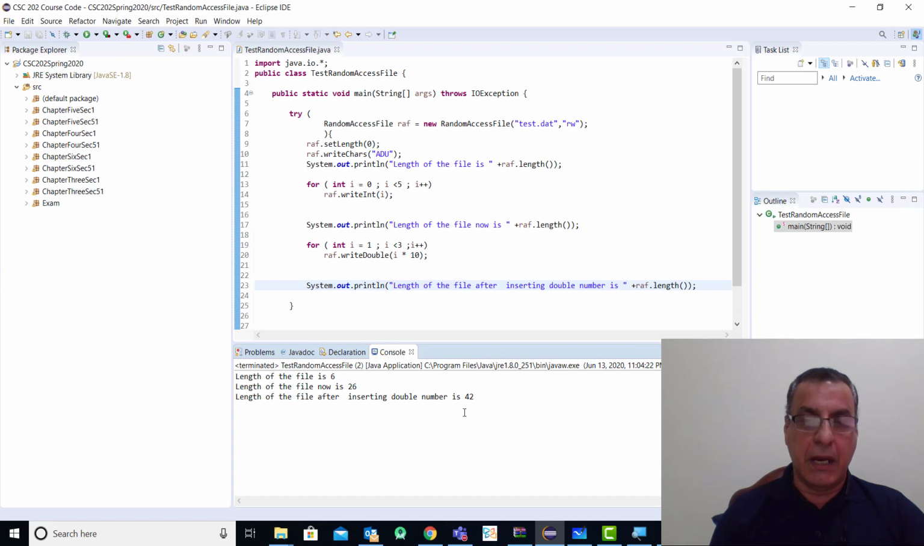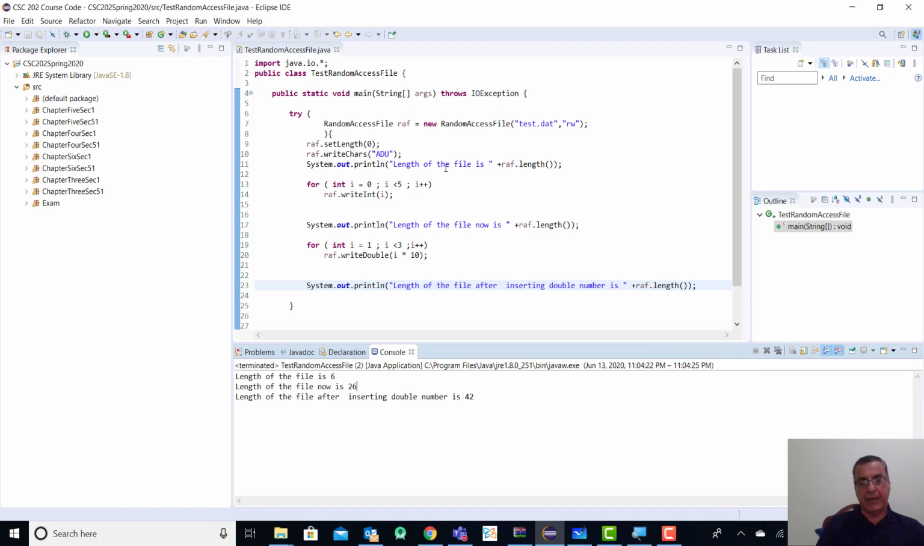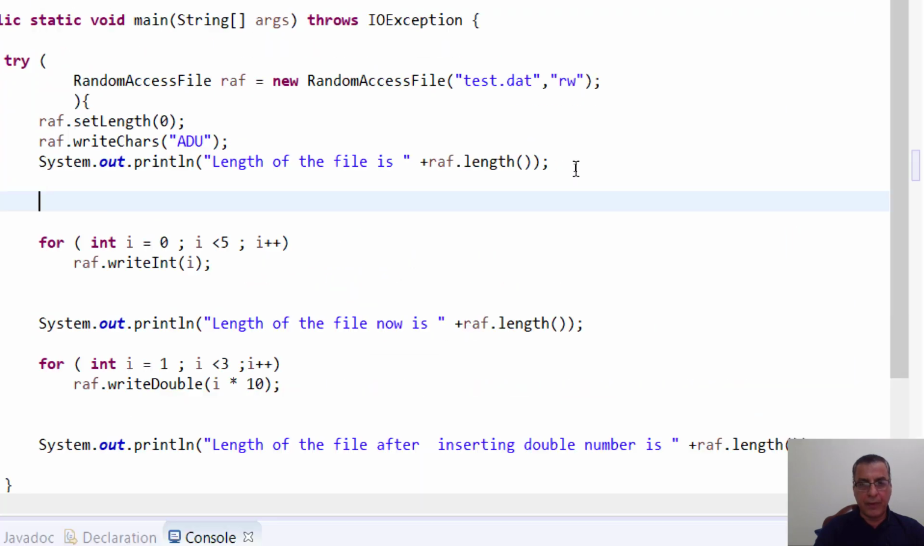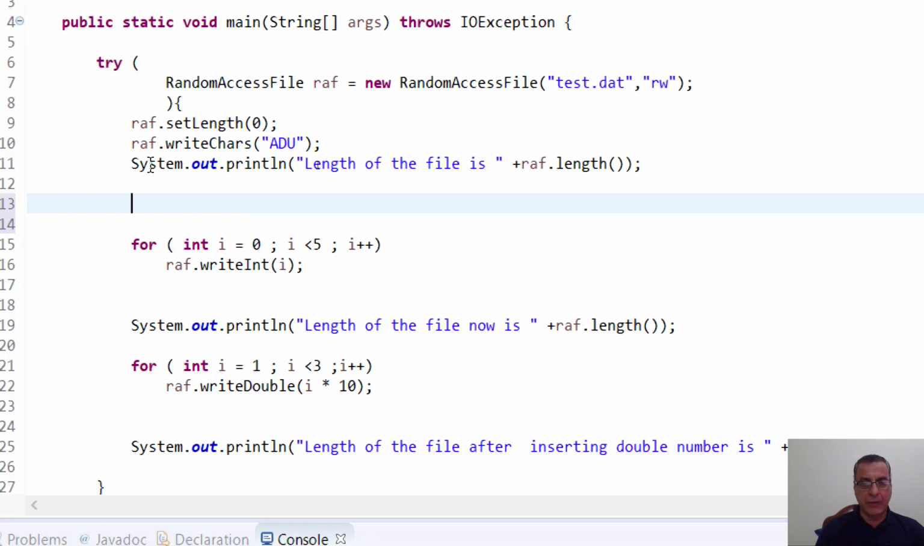Now remember, at any moment, if you want to move anywhere in your files, use the word seek. When I say seek, it means move the cursor from one place to another. Remember, if I would like to remove any parts here, all I can say is